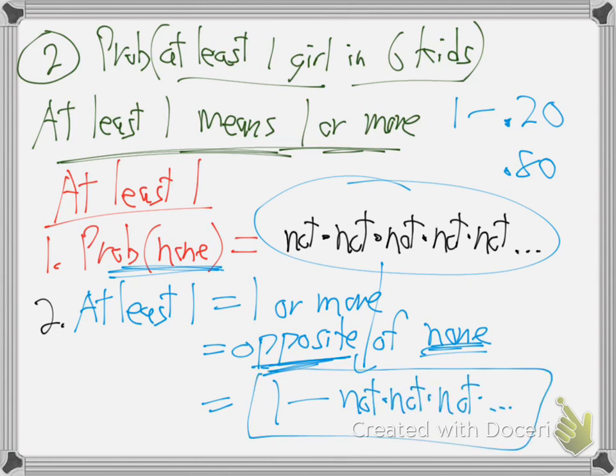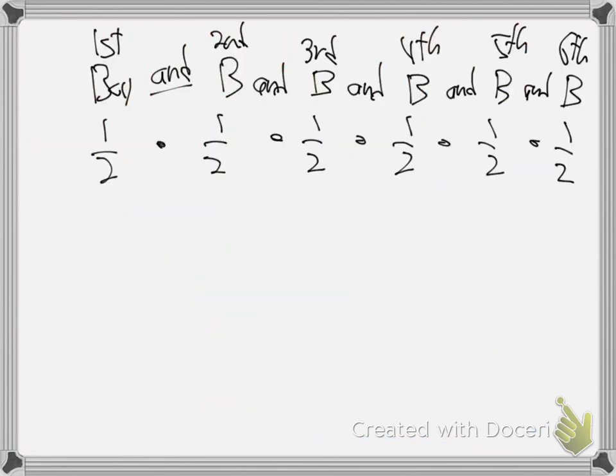There's your formula. So that's what we're going to do in the next 5 or 6 problems, time after time. When they ask what's the chance of at least one, we'll just go, oh, at least one? That's the opposite of none. So I'll take 1 minus the chance of none. What's the chance of none? You get a not, and not, and not, and not, and not. That's the game plan. So let's go back and finish the question now.